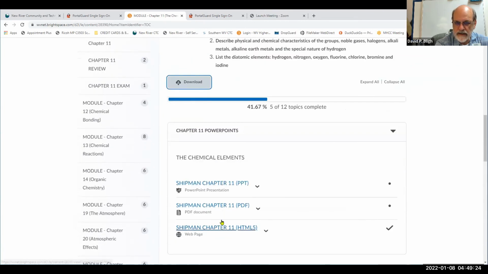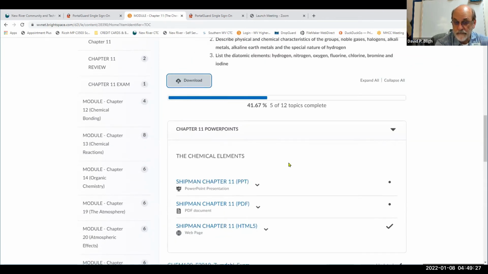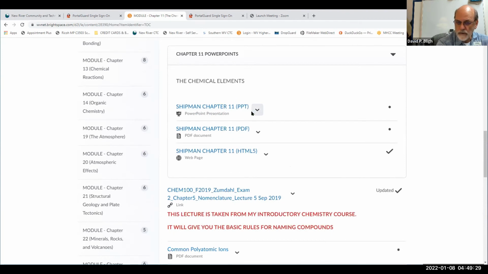And the first thing you'll see is PowerPoints. All right. So here are your PowerPoints, just like before. There'll be a PowerPoint file, there'll be a PDF file, and there'll be a web page type HTML5. Any one of these you can use. If there are any animations, then you won't see them in PDF, but you will get them if you have PowerPoint loaded on your computer. You can look at these files as a presentation, or you can call up this one. And for the benefit of those who may not have had the first semester, you click on that